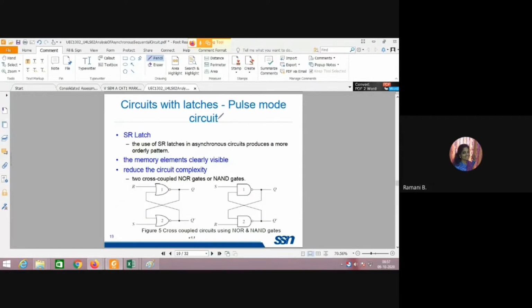Okay, so next we shall see circuits with latches. In the first case, we saw the asynchronous sequential circuit as a combinational circuit with feedback. Now we use the SR latch for the asynchronous sequential circuit. While mentioning latches, I said that we use latches for designing asynchronous sequential circuits. Okay. So here, this is your known structure. This is the cross-coupled NOR gate structure, and this is the NAND gate structure. Okay. So for our convenience, we just redraw this structure.